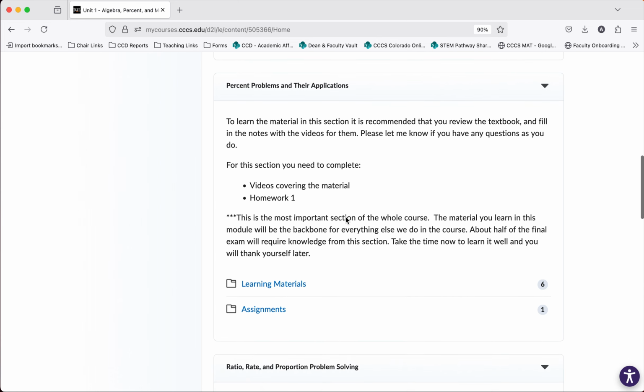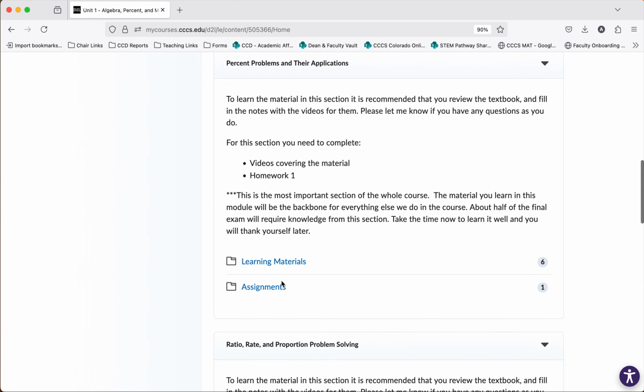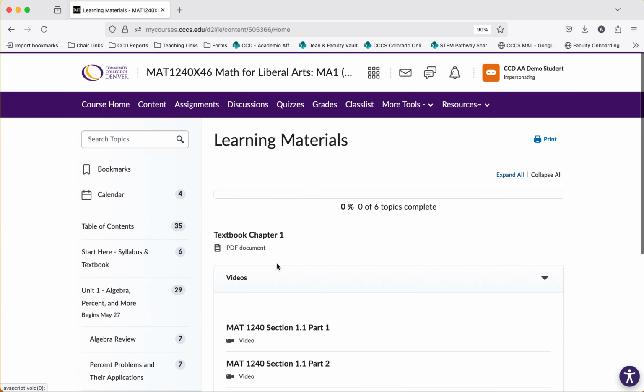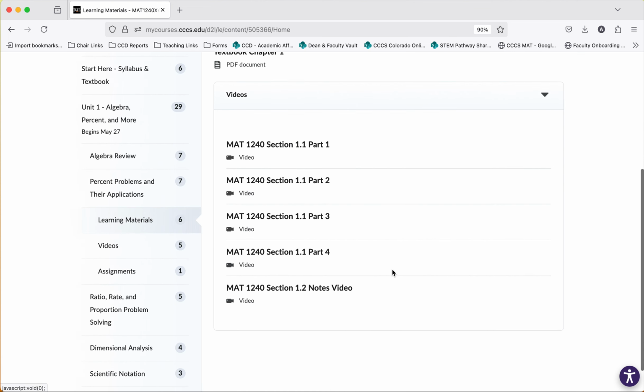And then the percent problems is the actual first section of material that will be included on your first exam and the first homework that is graded, rather, I should say. So in this section, you have the learning materials. So these are videos